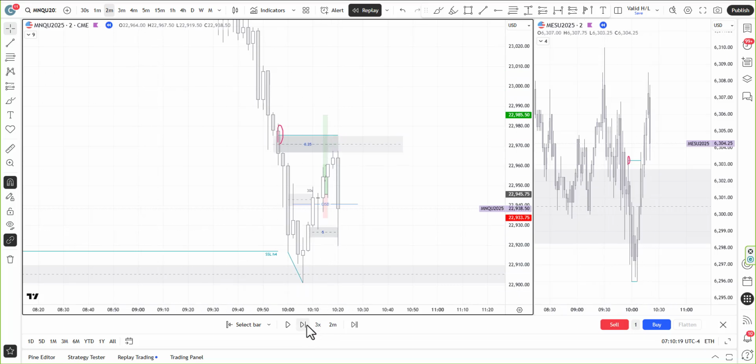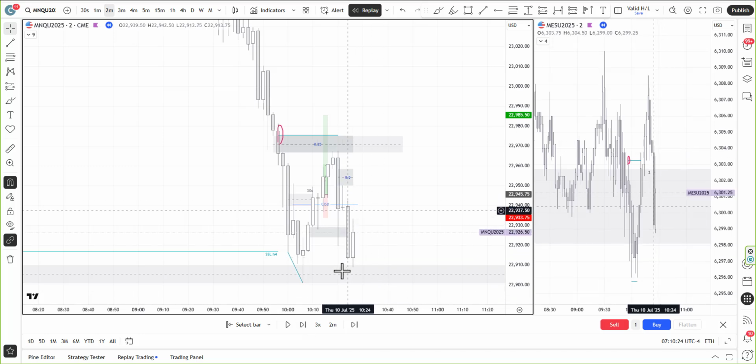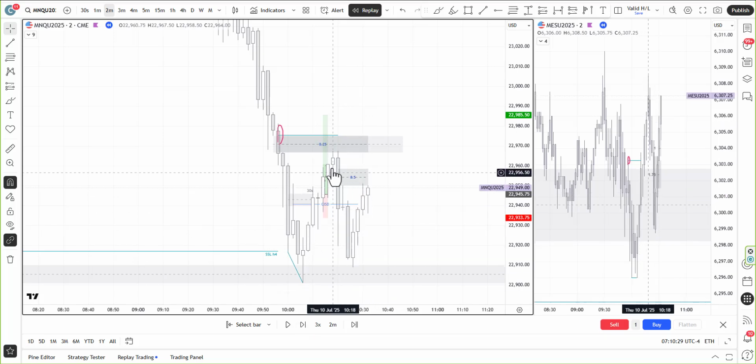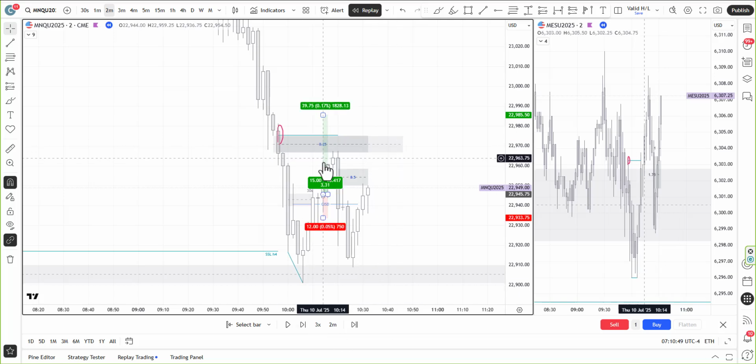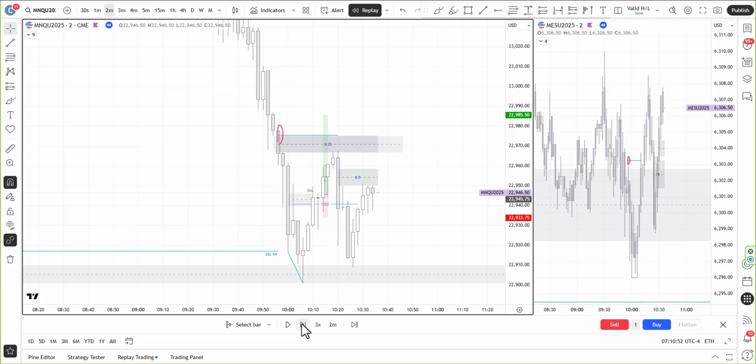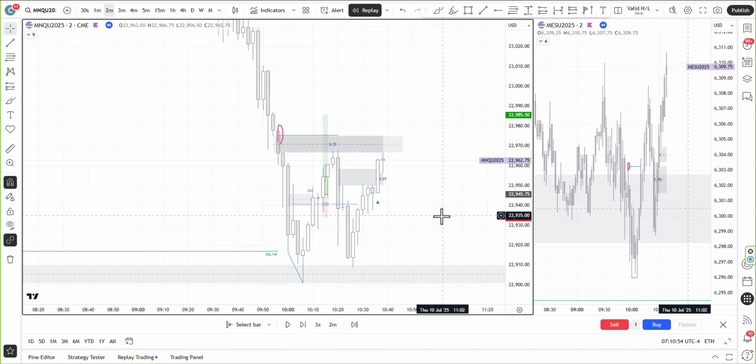I got stopped out here, and then my FOMO to not miss the move was even worse. Price actually broke this 2 minutes, so then the setup is invalidated, but here we got another level. So I decided, I was in touch with my emotional side, so I knew, okay, I should paper trade. Then normally I log out of my trading account, so I'm still on TradingView but not on the trading account, and then I start paper trading, and I just draw a short or long position, and I do it from there, but I still watch the charts live. But I know I should not do it.